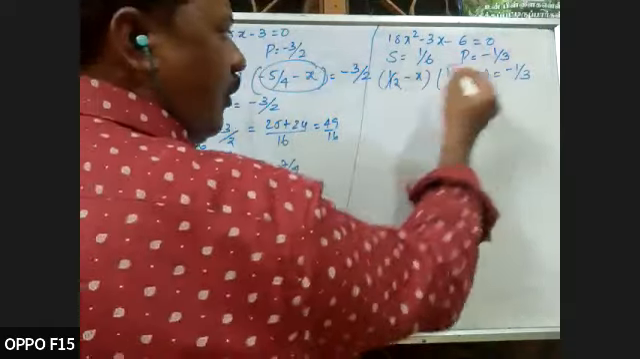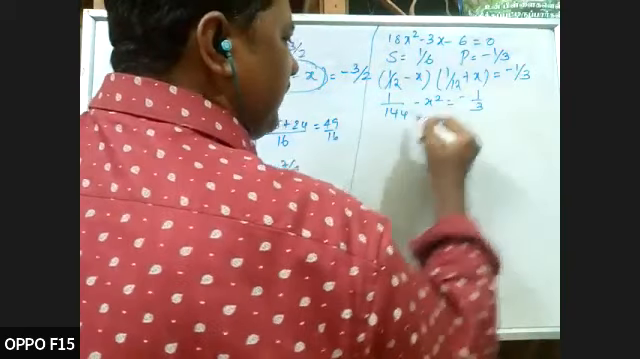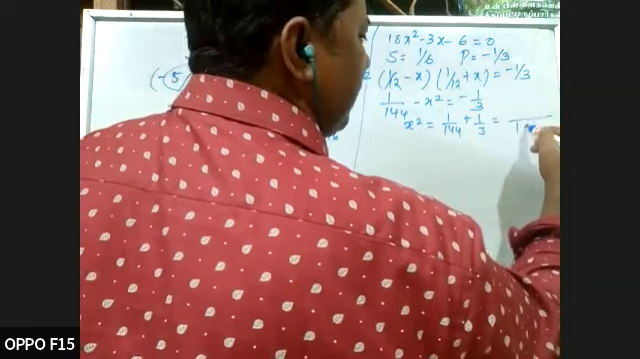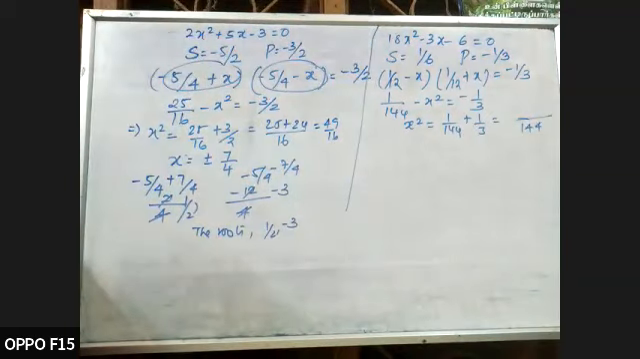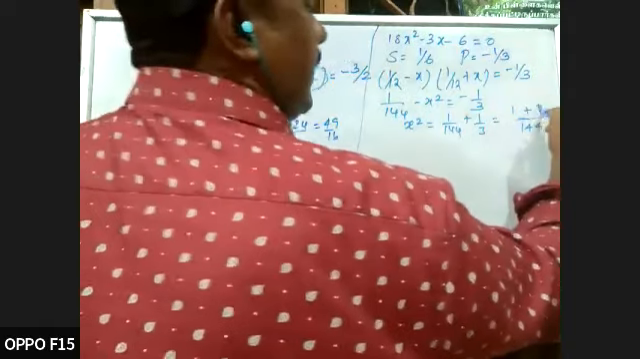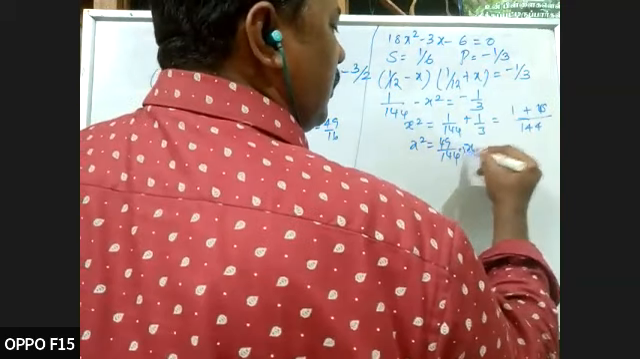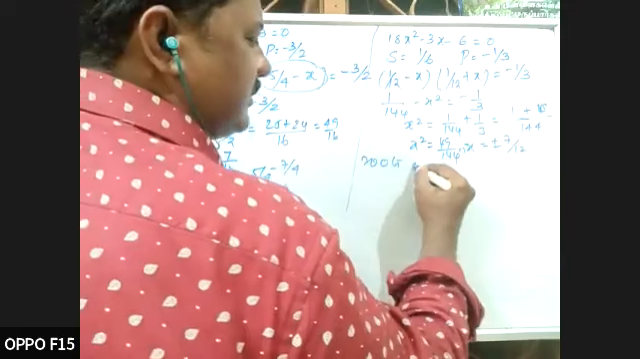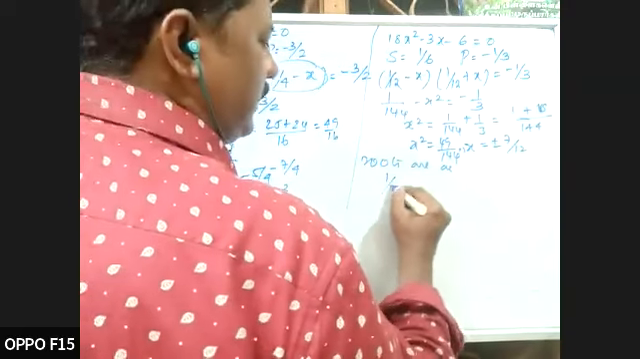a plus b, a minus b. 1/12 squared is 144 minus x square equals -1/3. So x square equals 1/144 plus 1/3. If we take the LCM of 3 and 144, 144 is the LCM. So this becomes 48 times. Therefore x square equals 49 by 144, x is equal to plus or minus 7 divided by 12. So the roots, the solutions, are 1 by 12 minus 7 by 12,